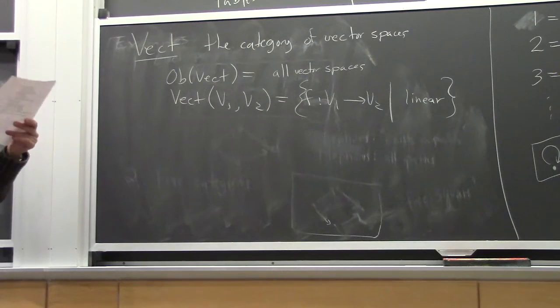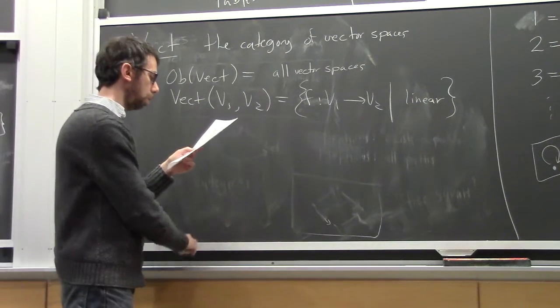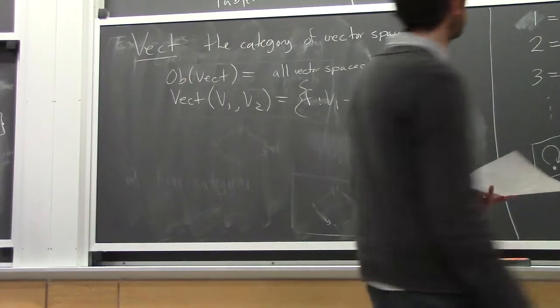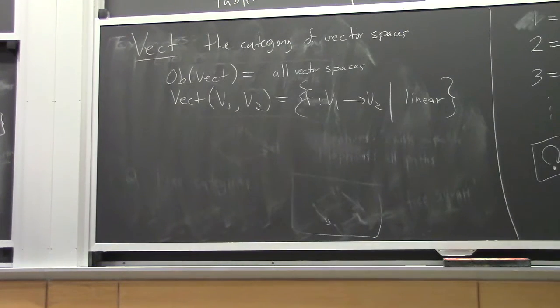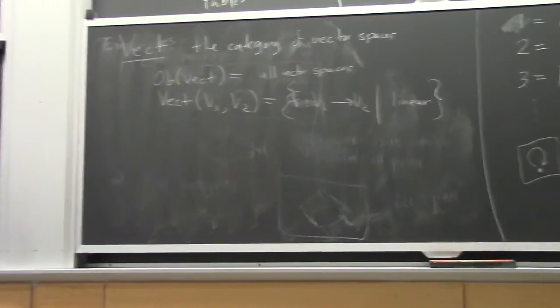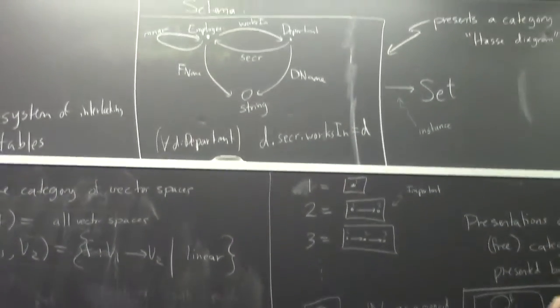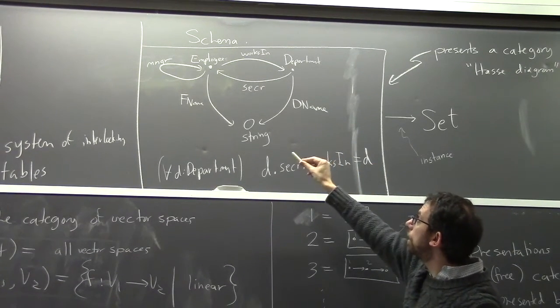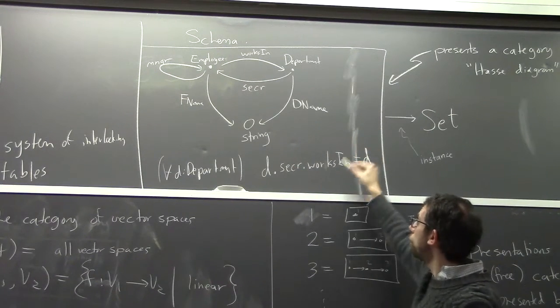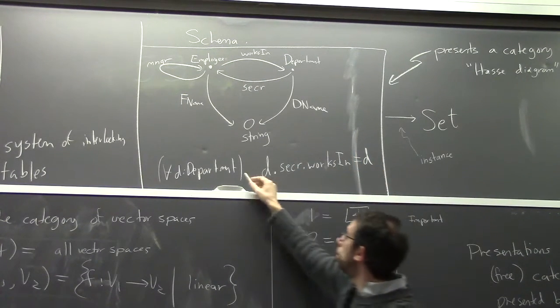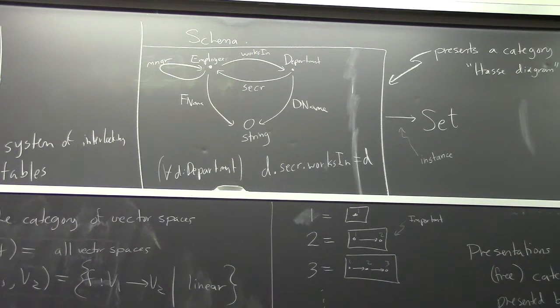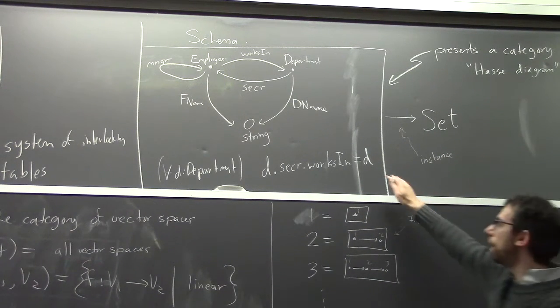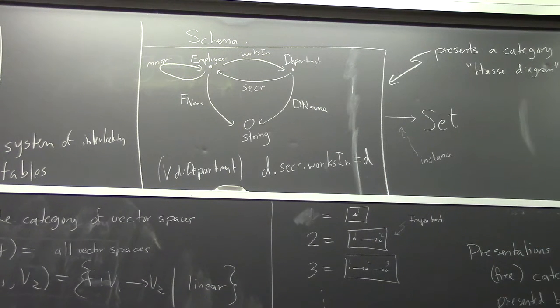Okay, and finally, I said a database, so here's a database. That is also a category. The objects are the 3 dots. The morphisms are all the paths, except that I've considered 2 paths to be the same. If I start at an employee and I see where they work in, and I see where the secretary works in, then that should also be equal to where the employee works in. All right. So it's all the paths in there where we mod out by this equation. Whenever you see anything dot secretary dot works in, you can erase that.